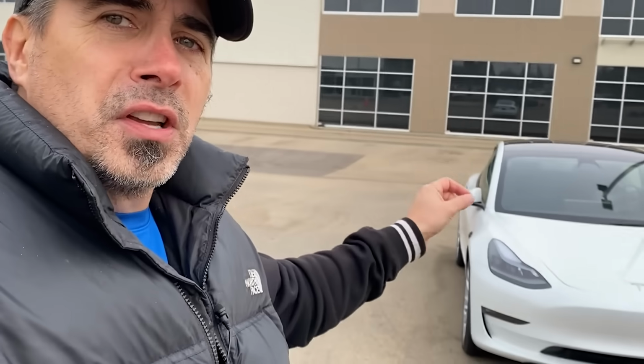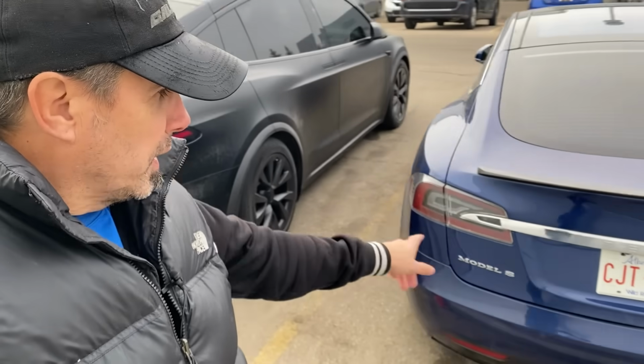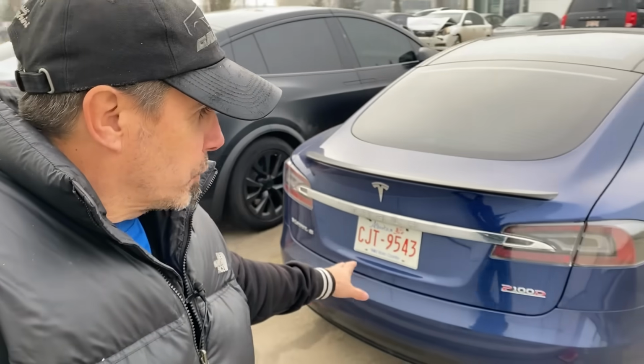It's even worse when you're talking about a used vehicle. If you get yourself a slightly used Tesla Model S or X, you could be in a real world of hurt where you're upside down on the price of that vehicle, and you're definitely going to be in a rough spot financially. And I've also done some pricing on some older Teslas. You look at the earlier generation Tesla Model S right here. I've looked at some of them that were much more early generation Teslas, and they sort of have a different